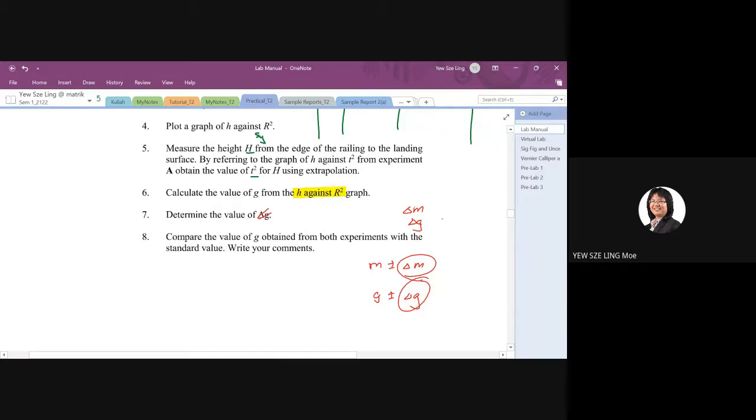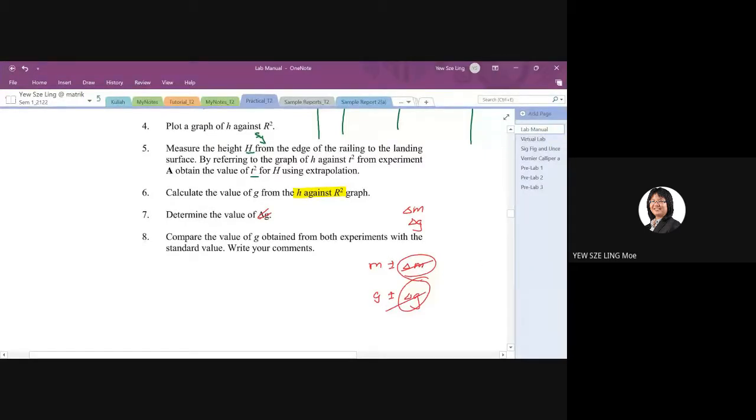But for SEM 1, leave it for now. Okay, saya nampak ada pelajar SES masih buat M plus minus delta M, tapi delta M dia letak kosong. Actually, it's wrong. It shouldn't be 0. It must have a value. Okay, tapi because of the PDPR, kita anggap dia tak ada,